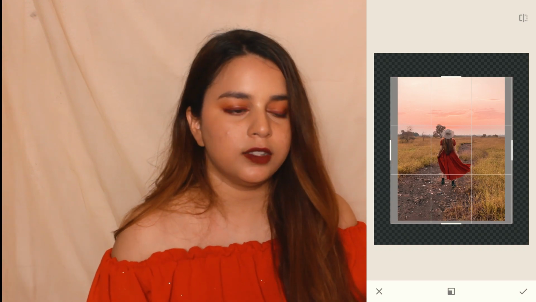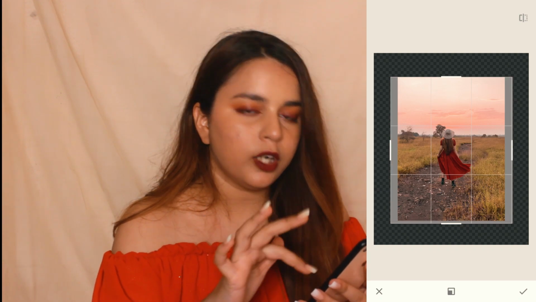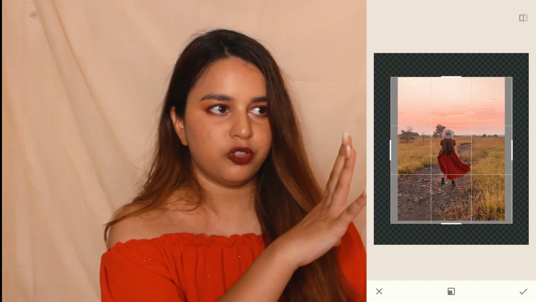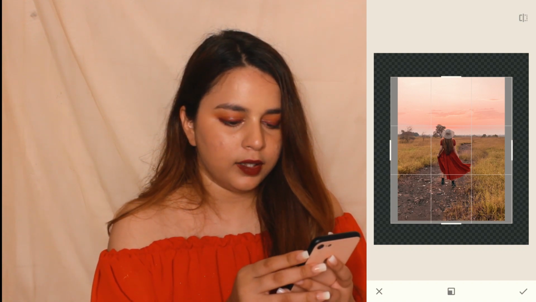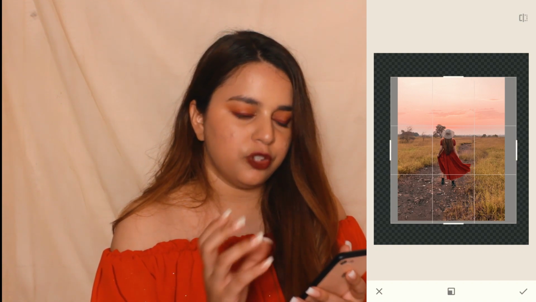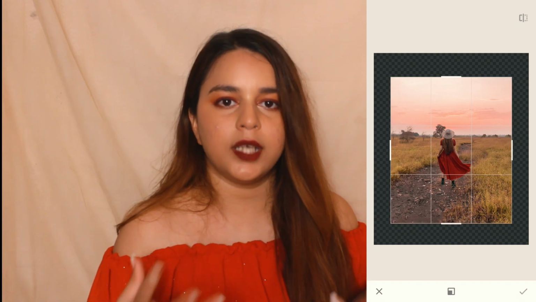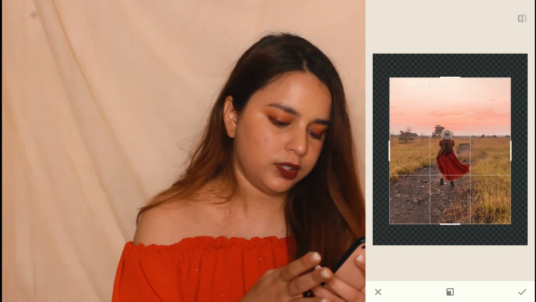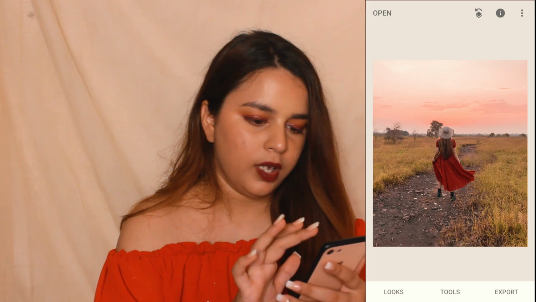So what expand does is whatever is around that corner, it just stretches that, okay, and this is how your image is in proper size ratio. And yeah, that's it. So I love this feature, and so this is how I edit my Instagram pictures.